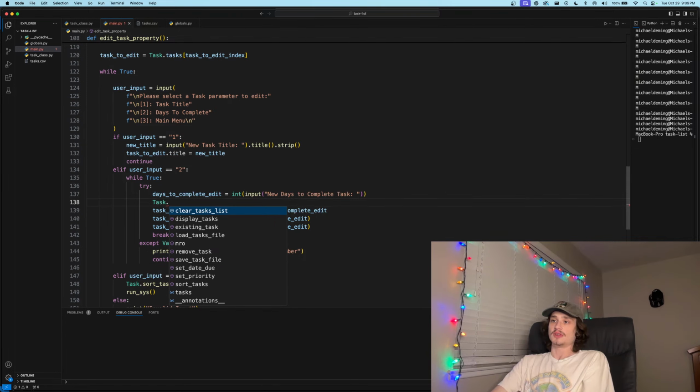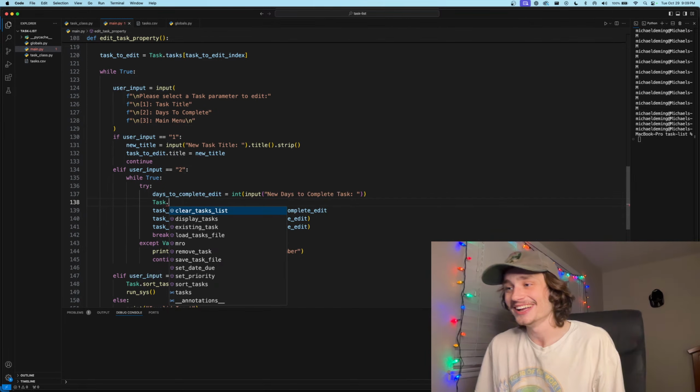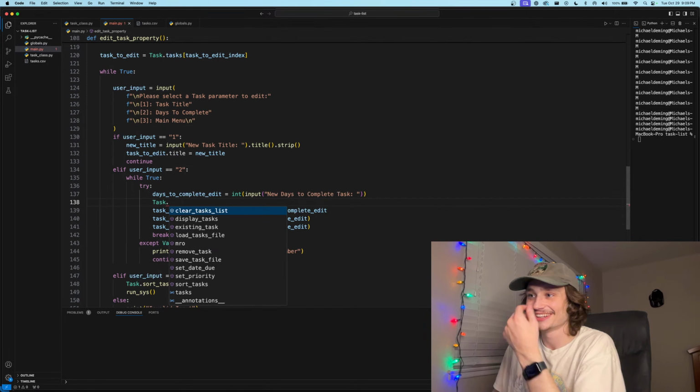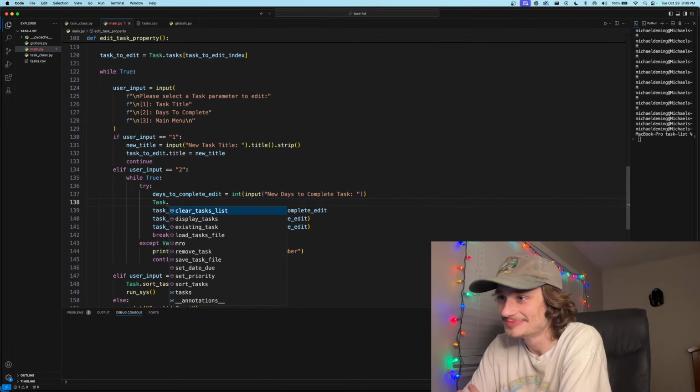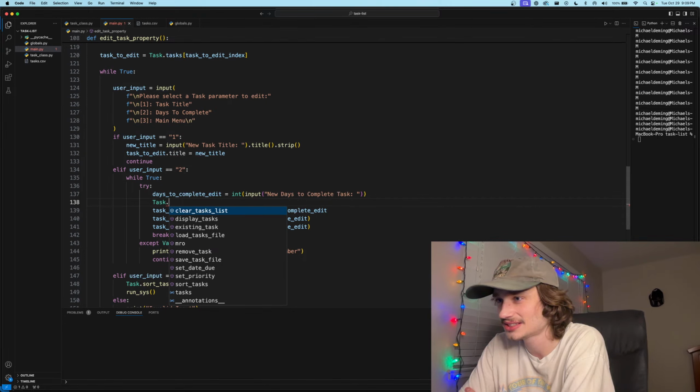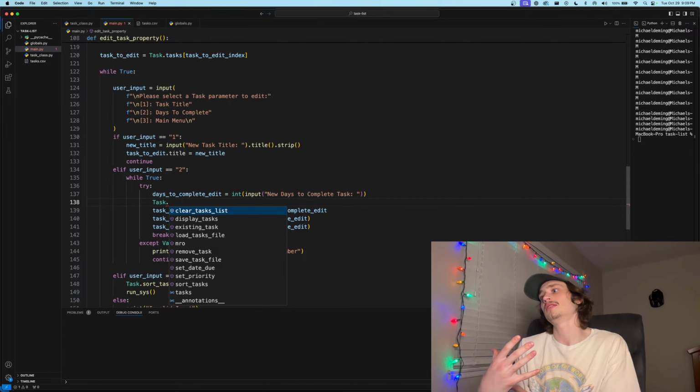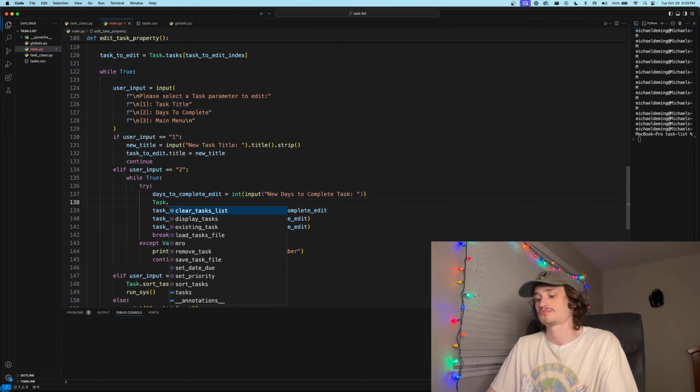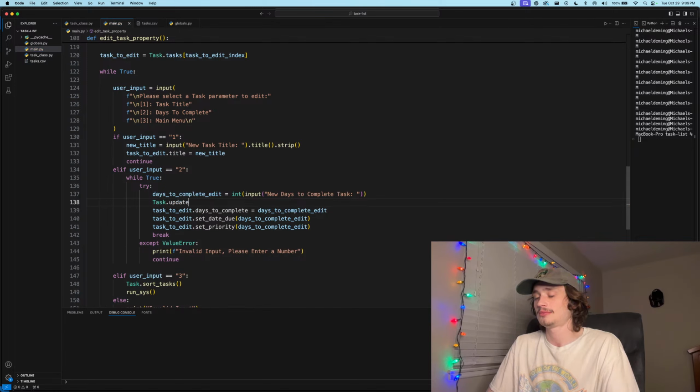What would be a name for this? My brain's starting to slow down. It's getting later. I've already worked all day today, and trying to code gets harder the later it gets. Okay, so we want to access the task class, and we want to make a method to update task. And this will take in